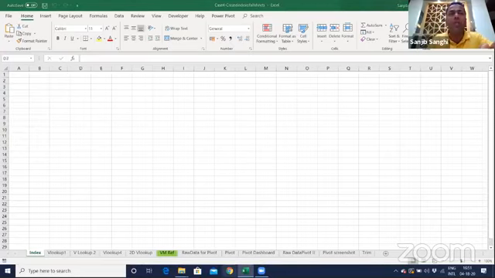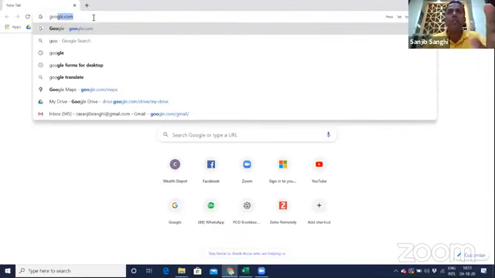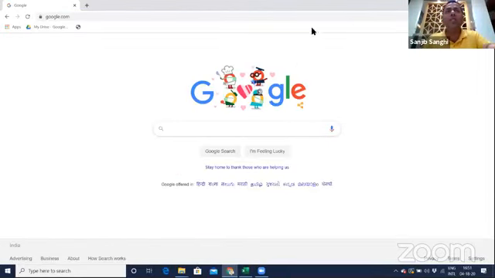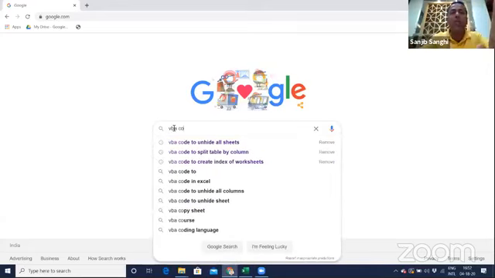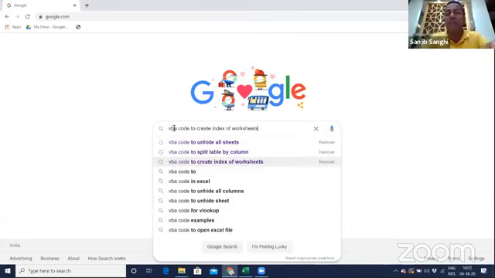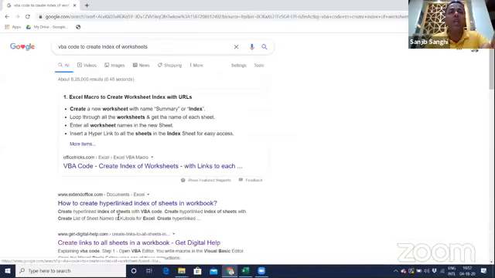You go back to Google and find the VBA code for that. It's very quick. Let me see if I have this screen shared. Google. I just need to make sure that you don't miss this. VBA code to, again, now it's going to be repetitive for all of you. Create index for worksheets. VBA code to create index for worksheet. I'll go into this particular link